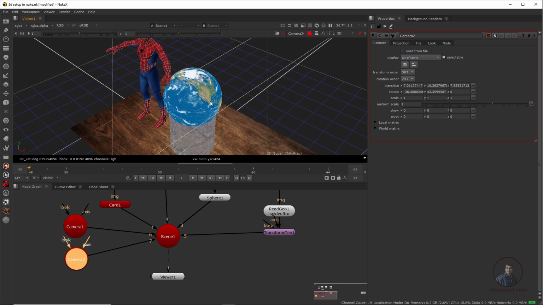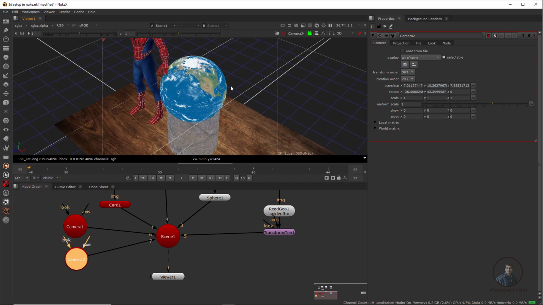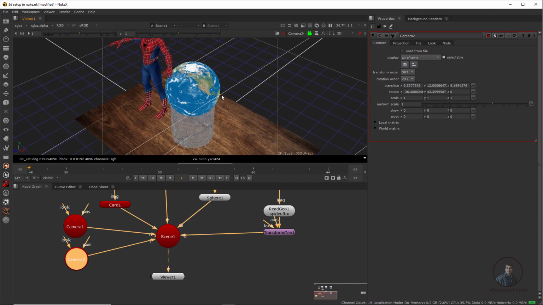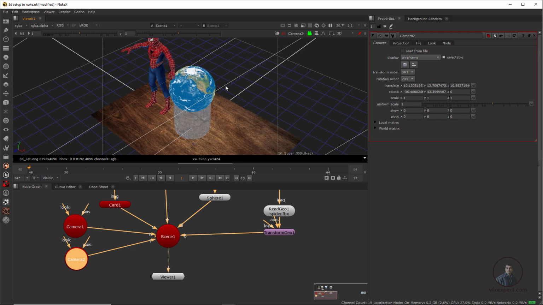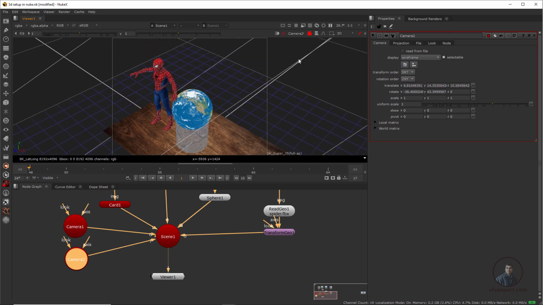Now you can see here. After this, if you want, you can adjust your camera again. Hold Control and click it here. Now you can adjust your camera here. With the middle mouse button you can place it at the exact position. Now again, lock this camera here.